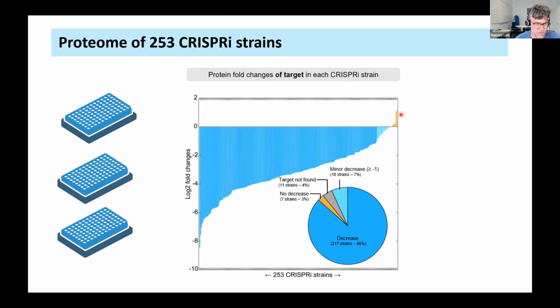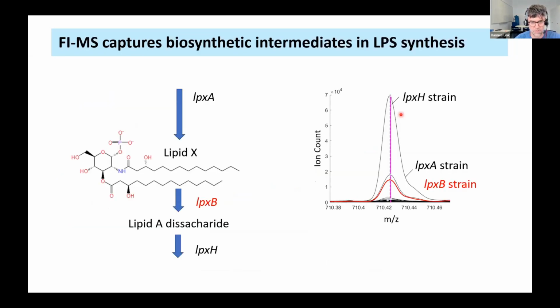And what we then did with these strains, we used them for flow injection metabolomics. So we made metabolite extracts from these cells. And here you just see one example. So the data here is from all of these strains, and we zoom now into the mass of this metabolite here. This metabolite is lipid X. The exact mass would be again here at the pink line, and the dashed line you see the common m/z vector. And what you see is in most of these strains it's impossible to detect it. So this is lipid X. It's actually a relatively polar metabolite, so we never see this in E. coli wild type cells. And also in the majority of the CRISPR-I strains, we cannot detect this metabolite.